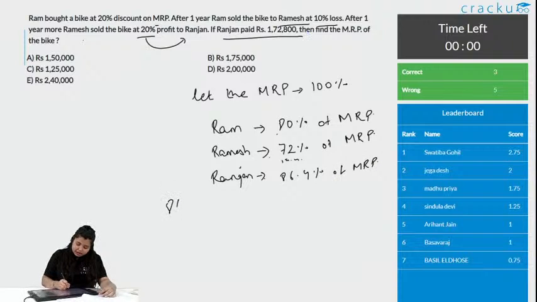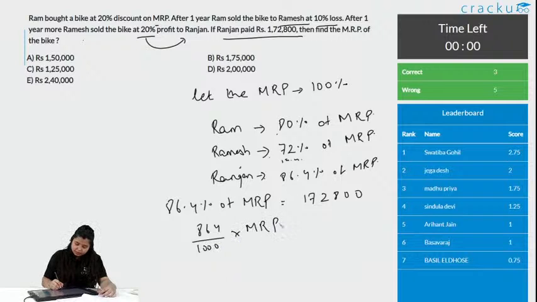That means 86.4% of MRP is equals to 172800, right? So it is 864 by 100 into 10, that is 1000 of MRP is equals to 172800. This is a direct calculation. See, 4 into 2 is 8. Again it is 6 into 2, so you can just solve it is into 200. So MRP is equals to